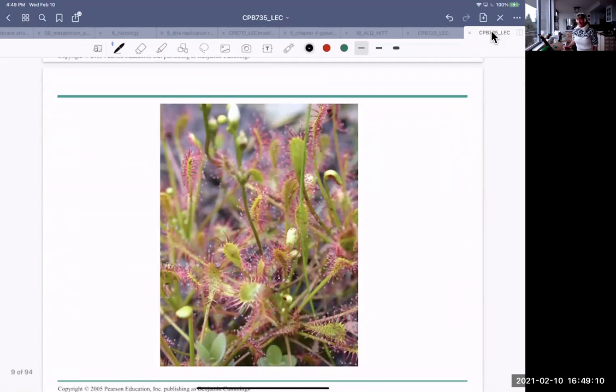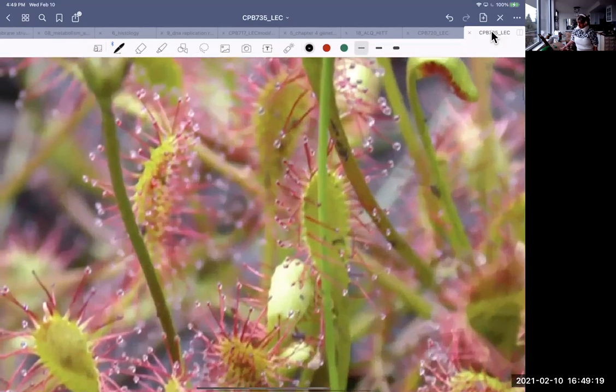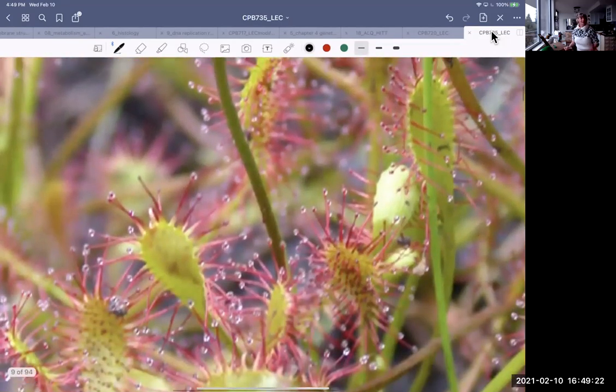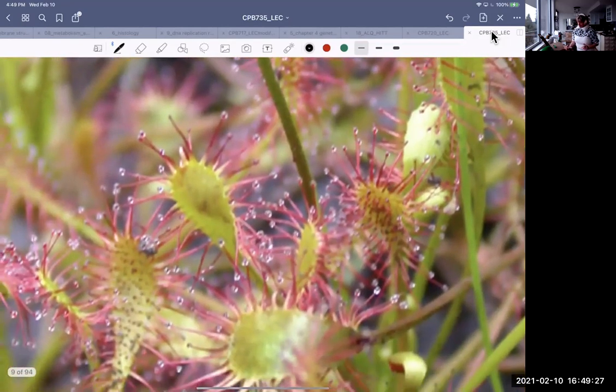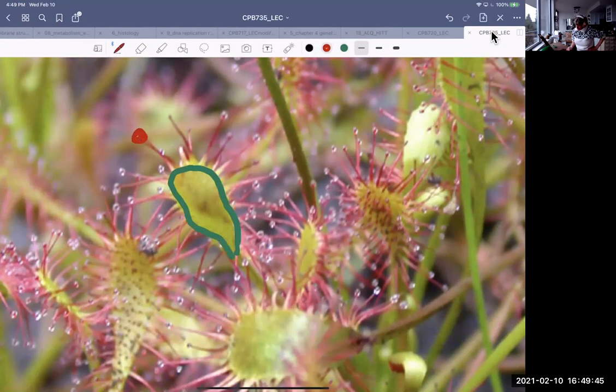Some plants in nitrogen poor soil will eat insects, kind of. So this is a sundew plant. You find them around here in bogs, and if you get a chance to go to the Camosun bog, which was one of our trips last year, that is by 16th and Camosun, and it might not have been the time of year to see them, but here's a sundew. They're called sundew, but they have these little dewdrop looking extensions that look like they might be tasty to